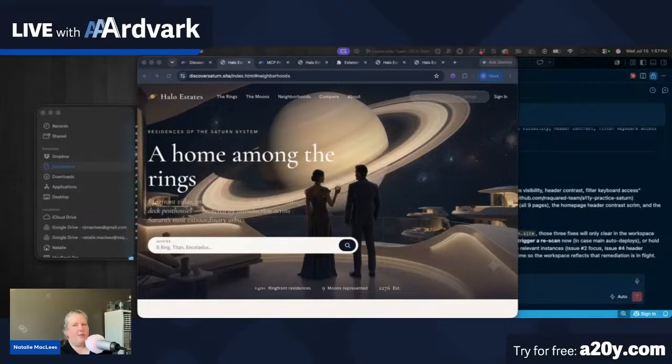We didn't do anything with alt text today, but that is something else we could give it a try, see how it does at generating some missing alt text. We saw the first fix, it came up with a pretty nice fix. The third fix, it came up with a pretty nice fix. It got a little off track on the second fix, so it does still need some guidance. And of course, you need to manually check every issue that it fixes and make sure that it actually fixes